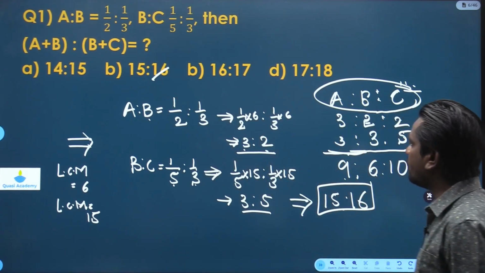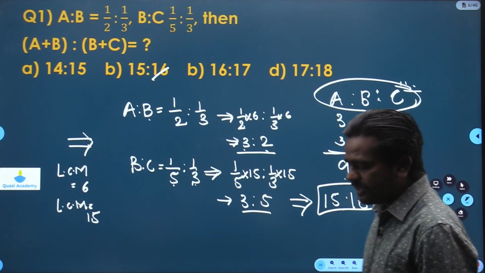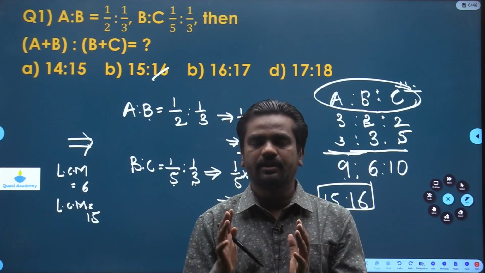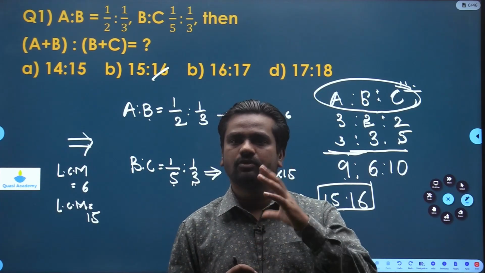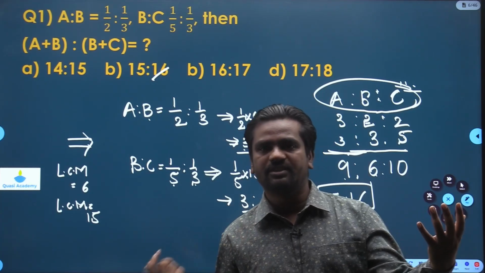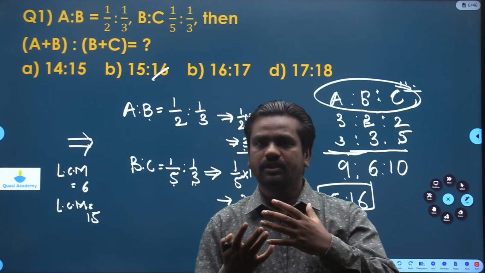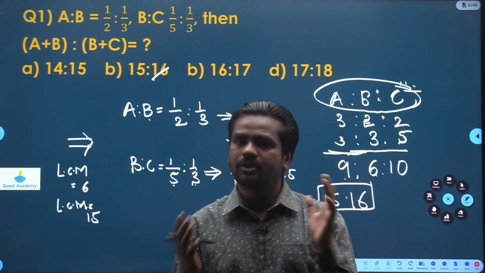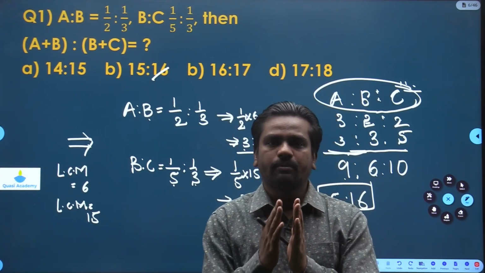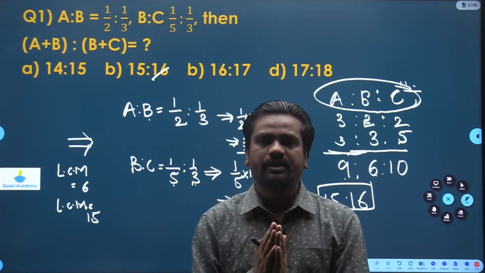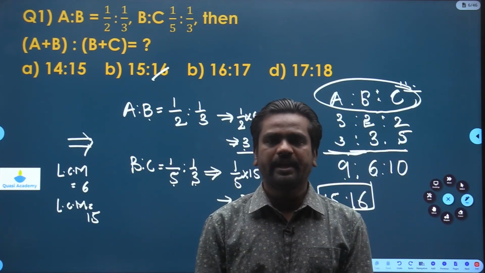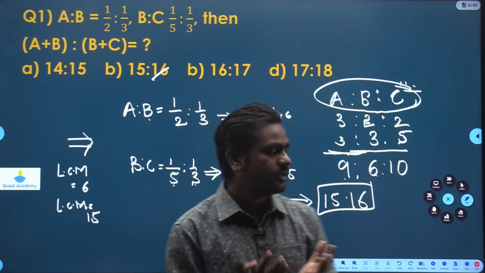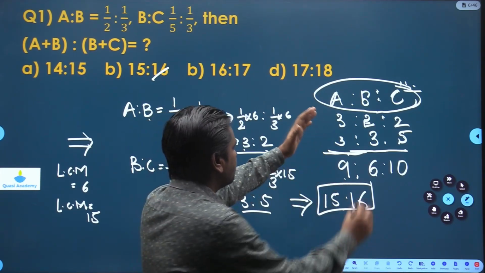So what we have done here? We know out of the two ratios, A is to B and B is to C, B is common, but B is not the same in this ratio and in that ratio. Their ratios are different, but the common term B is there. To find the common term B and to make the whole ratio A is to B is to C in proportion, we are just drawing